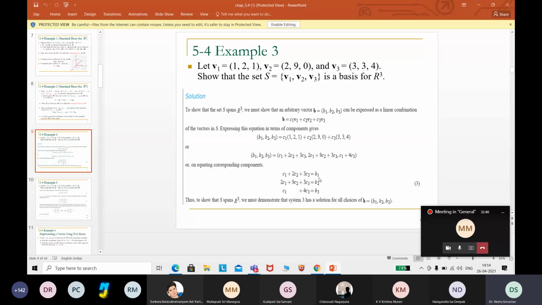Because now Manogna has said, ma'am, in this case we can have both the cases. We can have even determinant equal to 0, no problem. That is true, but in this case it is not feasible. Then you will get one restriction in terms of B1, B2, B3. You will not be able to claim your result for all R3 elements. Then B1, B2, B3 should have some specific relation. Then only this will be the set. That is what I mean to say.